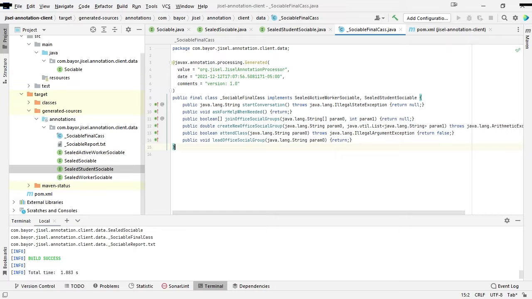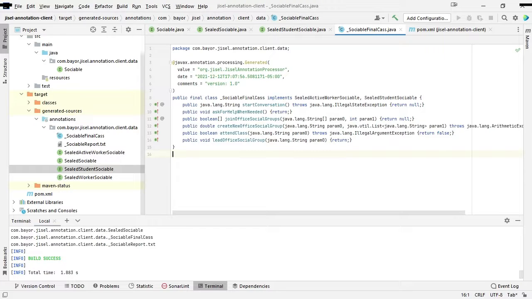Each one of those implementations will only return default values. So this is a class you definitely won't find useful in any way. It's generated only for pure convenience, just to avoid compile errors, and that's it.